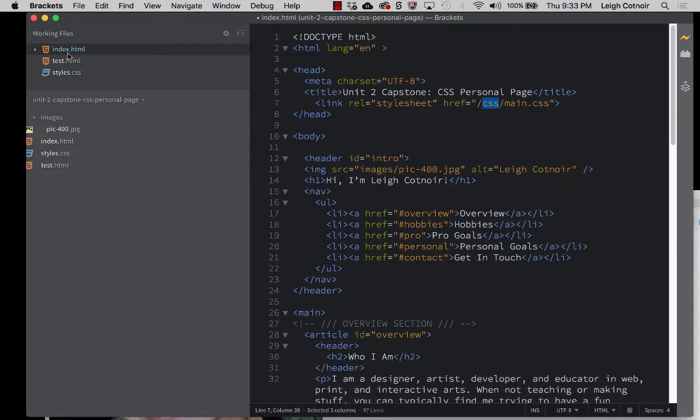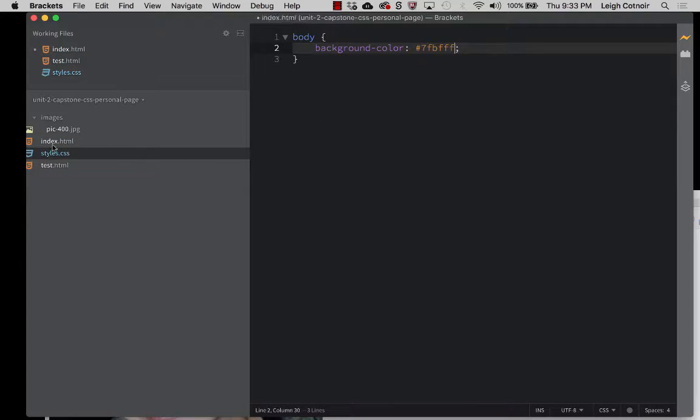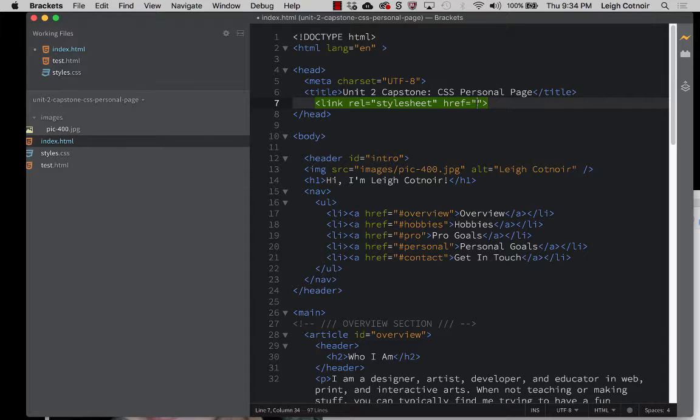So that means that in the index.html file, if you copied and pasted that link information, you'd have to change the pathway of this href. So I'm just going to delete that. If you remember back to what I said, if a file or folder is in the same directory as the file you're currently working on, and in this case it's index.html, and I'm looking for styles.css, then all I need to do is call out the name of the file I'm looking for, because it's like they're sitting in the same room together and they can hear each other talking. So I'm just going to type